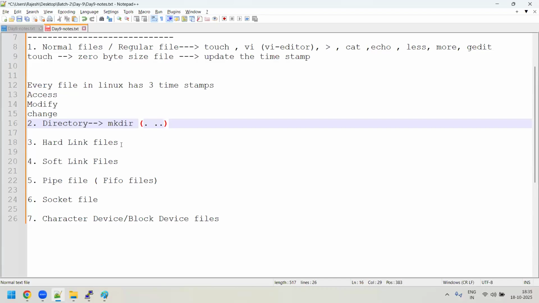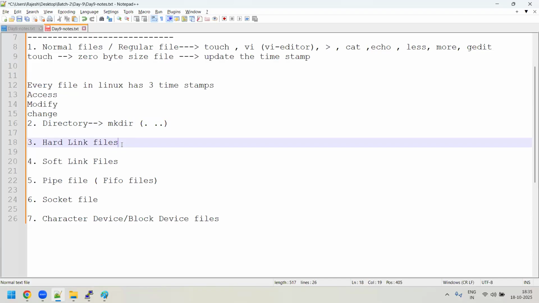Okay. Hard link. What do you mean by hard link? Very important, guys. In not one interview, almost all interviews, they will ask, "Oh, what is the difference between hard link and soft link?" This is a very common question, and everyone will know about this. They'll answer it easily.